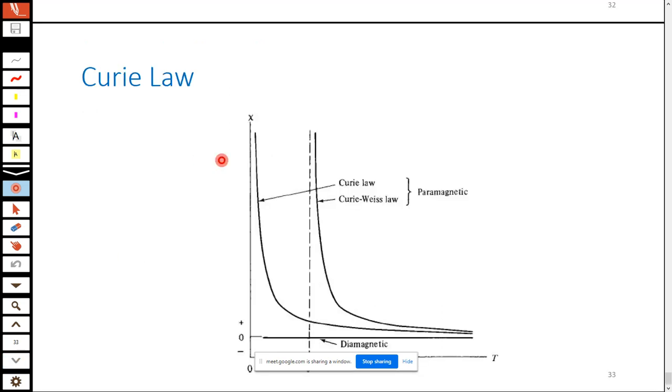Now if you plot chi versus temperature T,